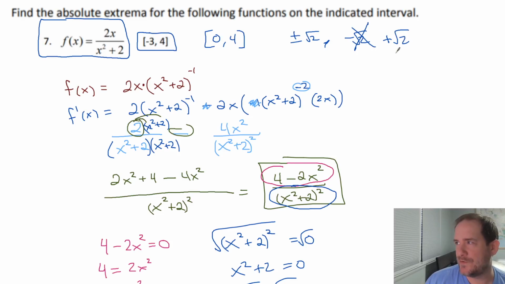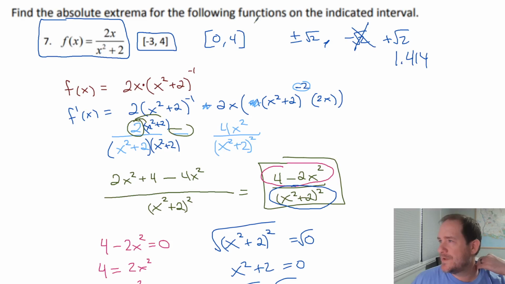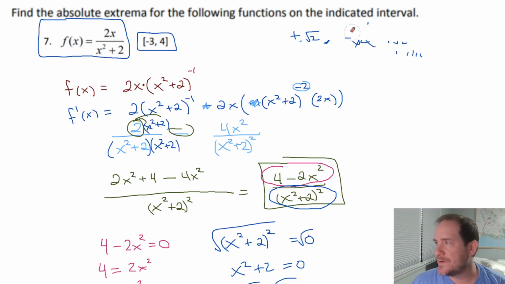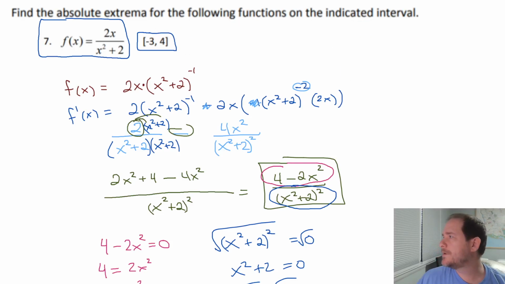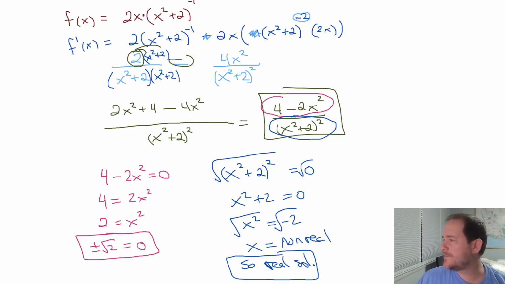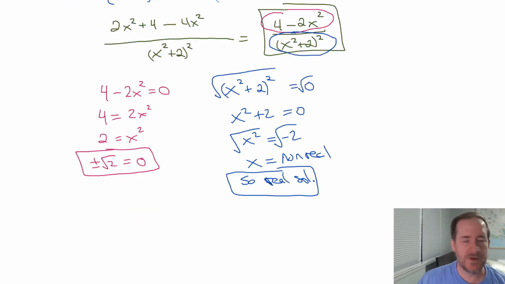By the way, root 2 is worth about 1.414. Just hit the buttons on your calculator. It's not bigger than 4. It's not less than negative 3, so they're both in that window. That also means we have two other critical values, the actual ends of the graph, which are the negative 3 and the 4. So my total list of critical values